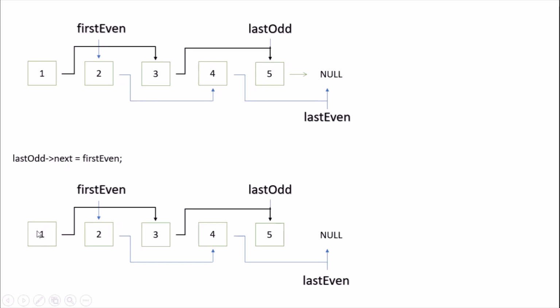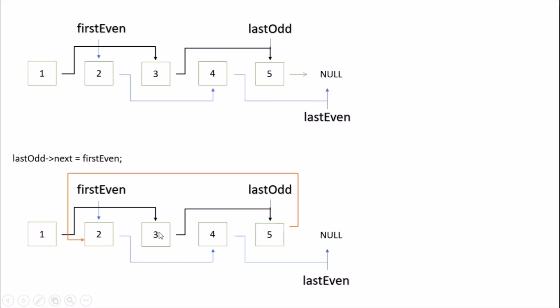One last thing to do is, now we are left with 2 linked lists. As we can see, one is pointing to 3 and 3 is pointing to 5, and that is our odd nodes list, and 2 is pointing to 4 and 4 is pointing to null, that is our even nodes linked list. We just have to join these two. We will do that by this. Last node's next will be equal to first even. So now the last node will point to our even linked list's first node, and it is done. We simply return the head of our linked list.